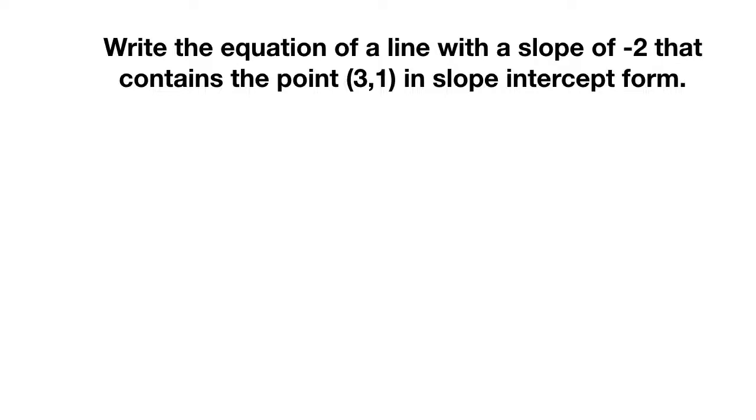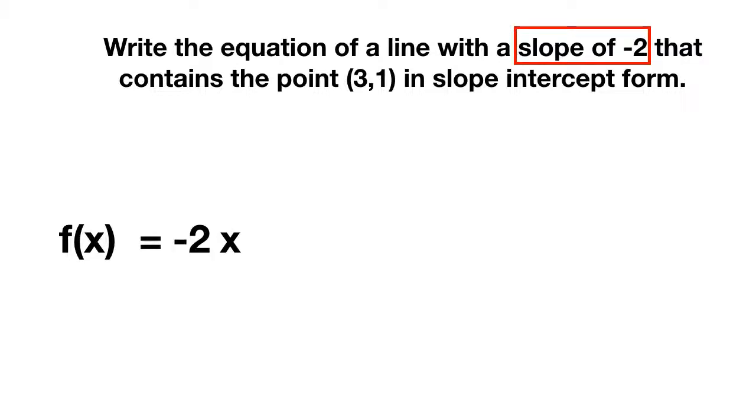Well, we know that f of x will equal, and our slope is negative 2, so we'll write negative 2x. Now we see the point 3, 1, and we can use a table of x and y coordinates to find the y-intercept. We can start with the point 3, 1, and then because our slope is negative 2, we can find the other points. Now this one was a little bit tricky, but when I move backwards to an x-coordinate of 2,